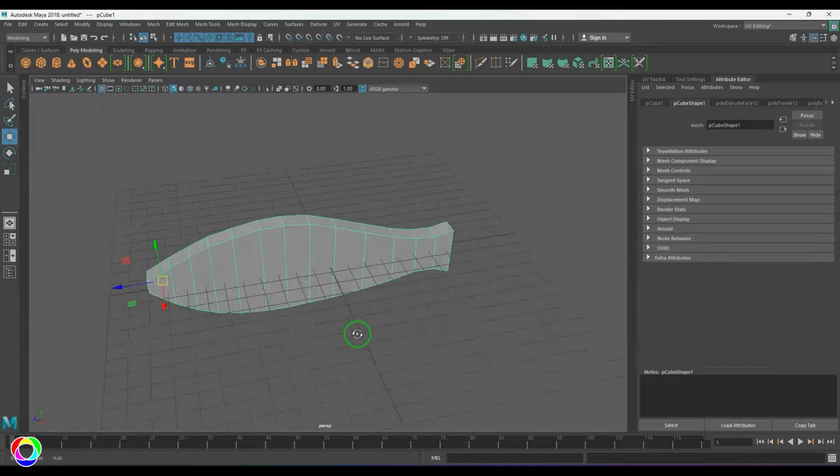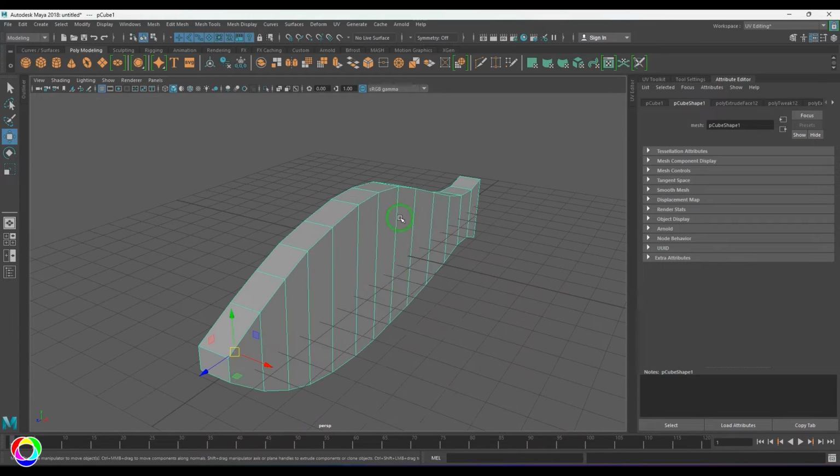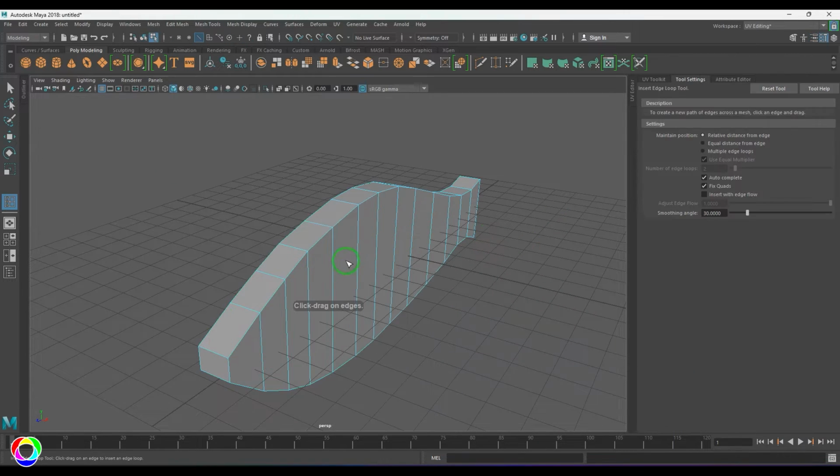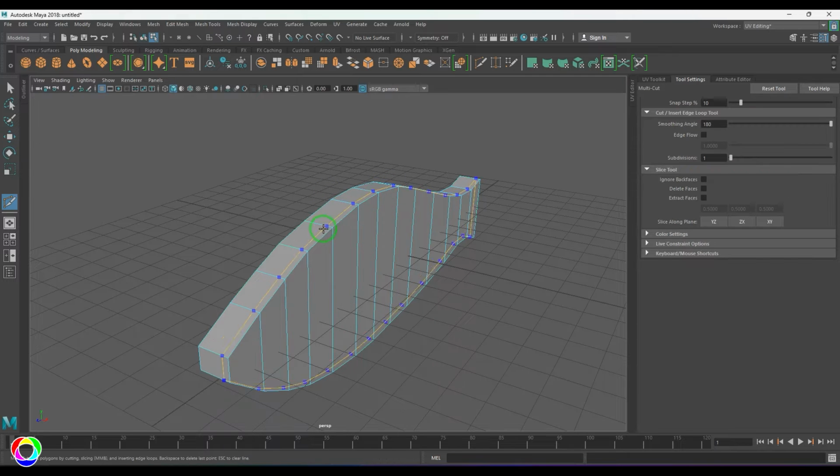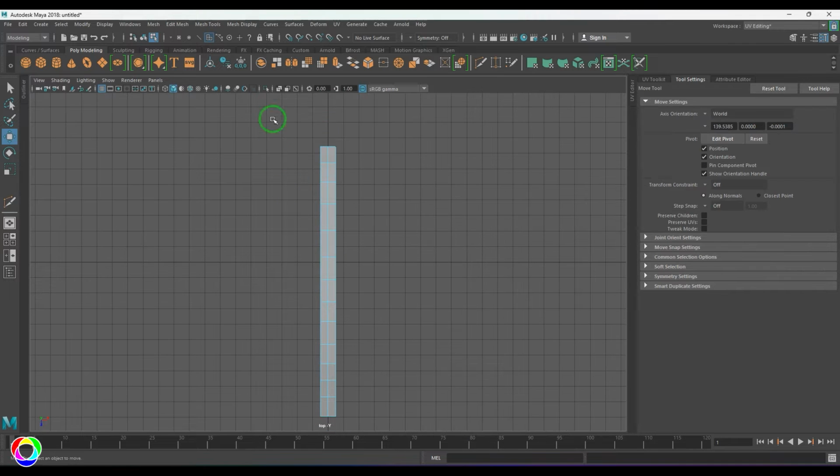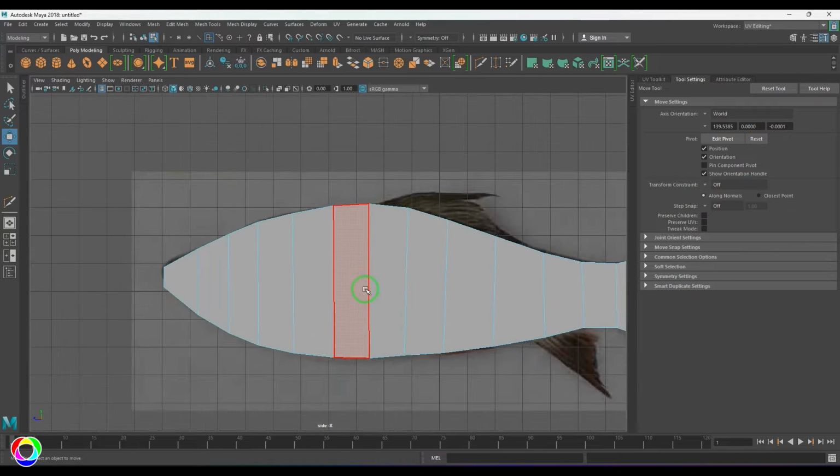Okay, so I've got this model in the profile done. So I'm going to select and add an insert edge loop tool, or maybe I can use the multi-cut tool. And then when I'm holding shift and control, I get this line in the center. So I'm going to delete one of the faces and then start